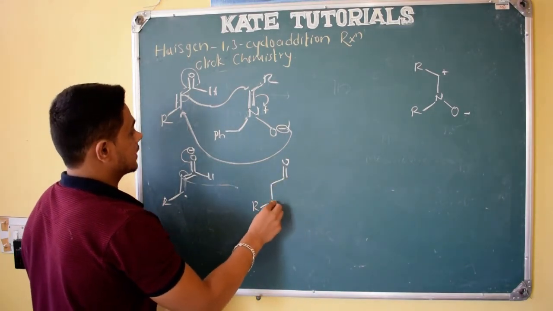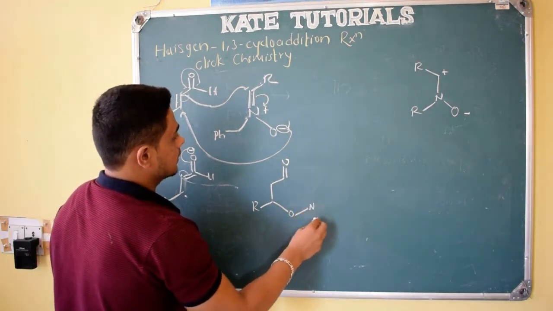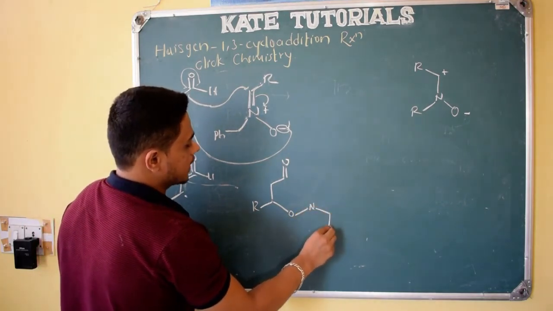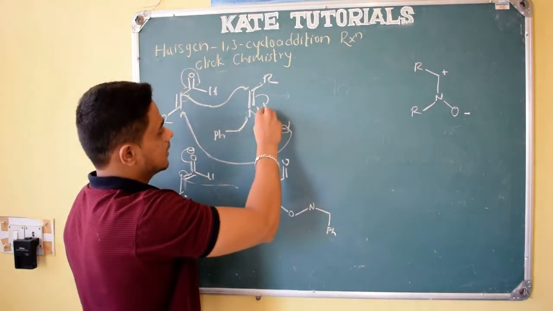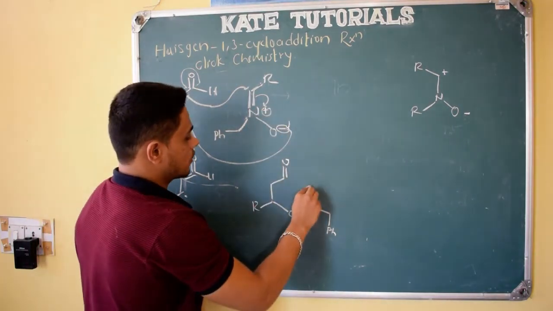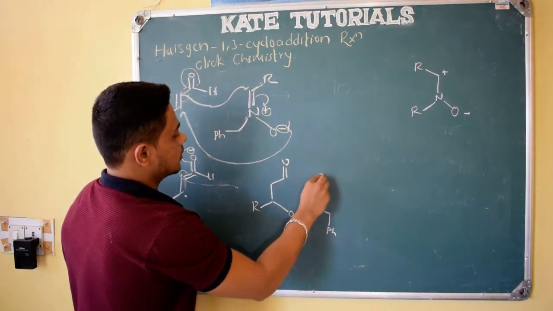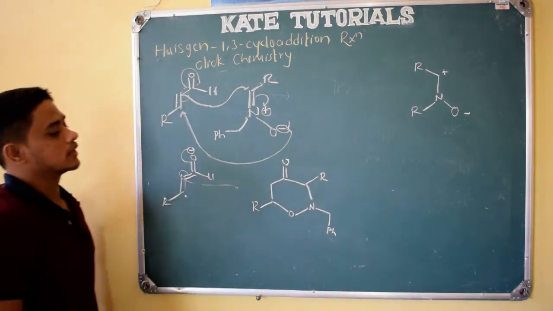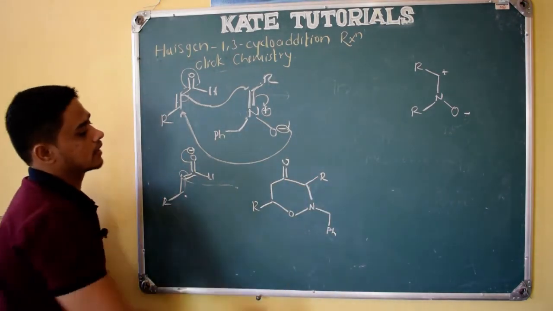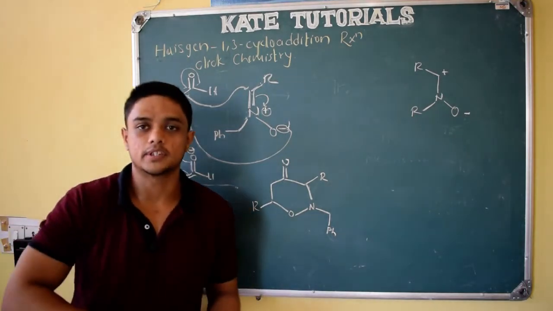So what happens here? It has attacked by oxygen. Oxygen linked to nitrogen. Nitrogen is linked to CH2Ph, and as soon as it gets its electron density, plus becomes neutral. So here one more carbon is there, right? So this is the carbon. Carbon is attached to R, and this carbon bond has formed, right? So this is the product we will get, right? This is also a type of click chemistry, right?